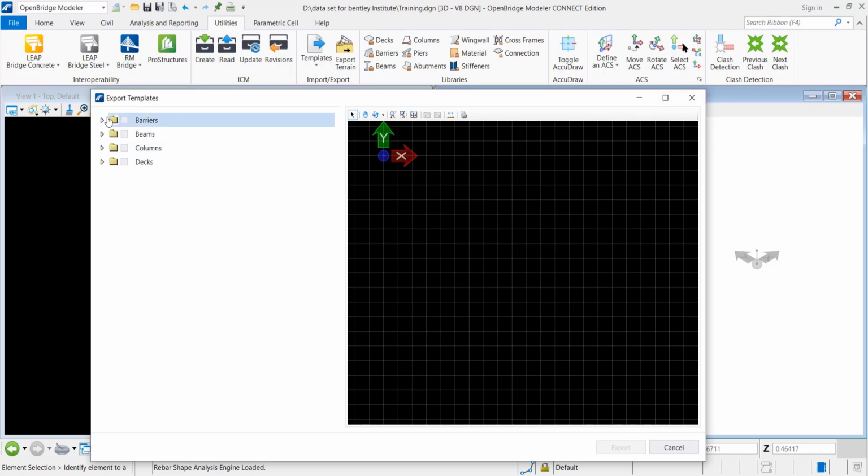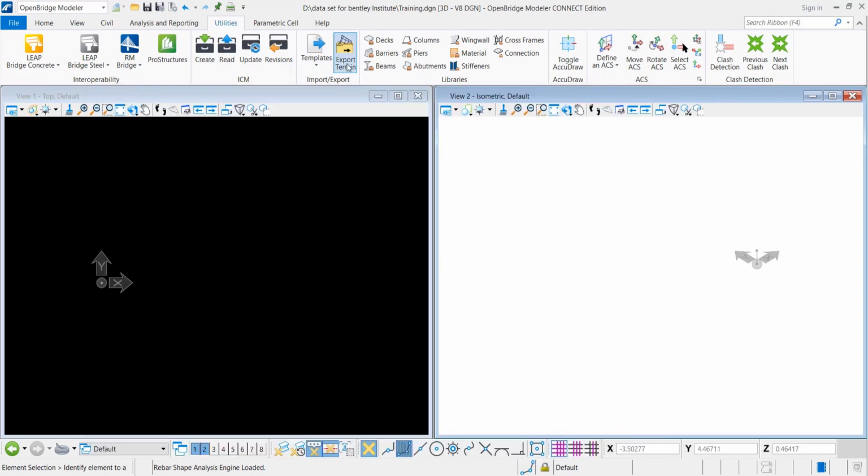And there is an export terrain option as well, so you can export your terrain from here. And then under libraries you can see different kinds of library sections available, which are readily available under OpenBridge Modeler. And there are different tools for clash detection as well under this utilities tab.